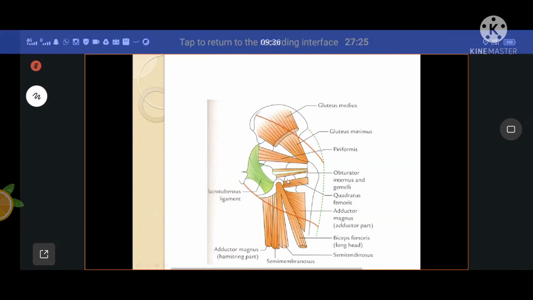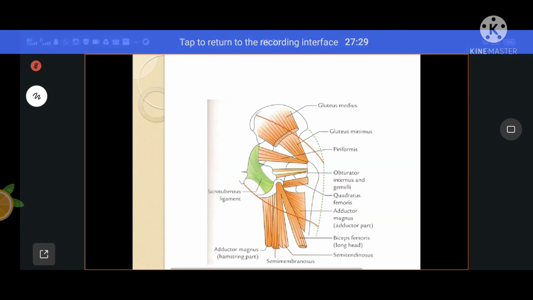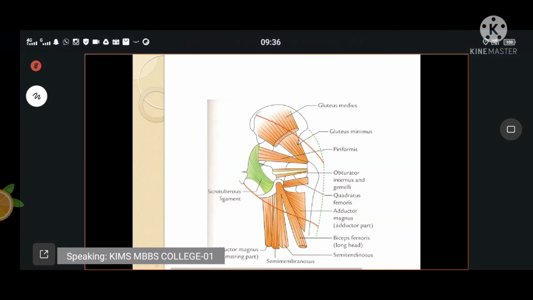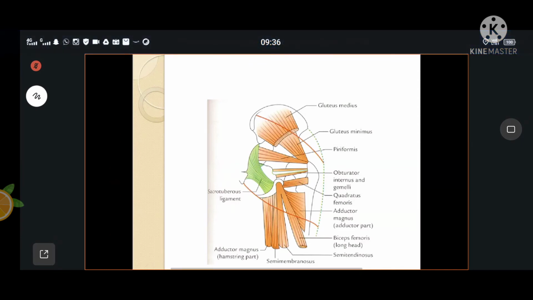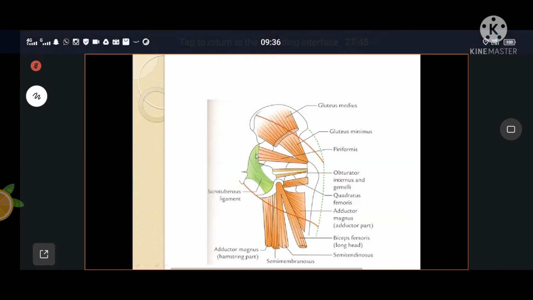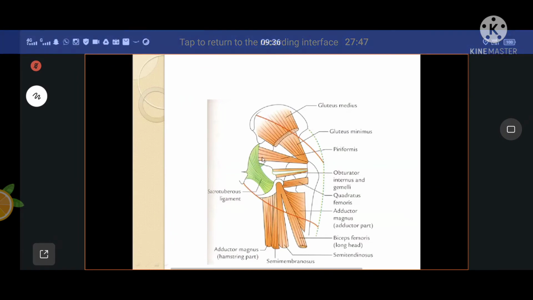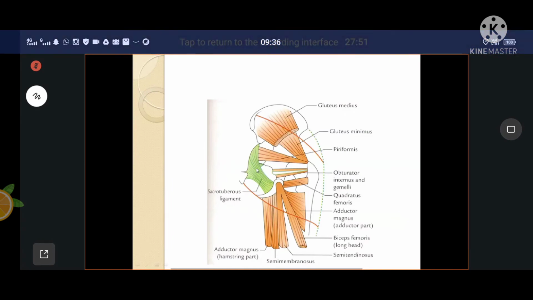So I already told you there are only 3 muscles which help in medial rotation of the hip joint. That is the gluteus medius muscle, the gluteus minimus muscle, and the tensor fascia lata. Tensor fascia lata muscle, right? And except these 3 muscles, all the other muscles which I have discussed now help in lateral rotation of the hip joint along with the abduction of the hip joint,